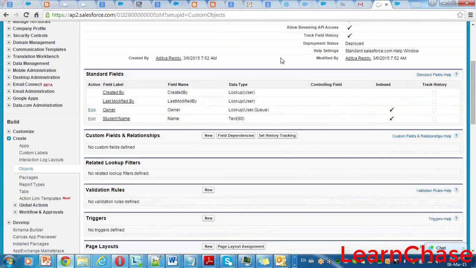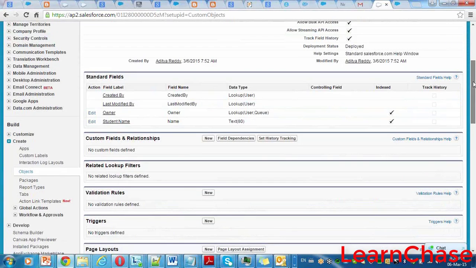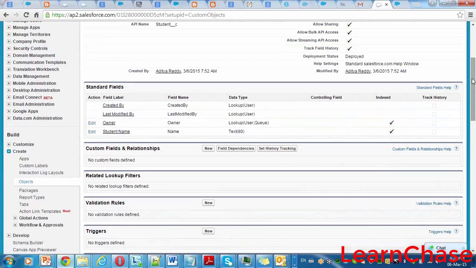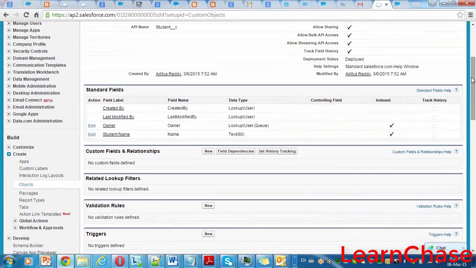You're clear, right? Because the voice is very high. I don't have space outside. That's not a problem. If you are able to understand me, that's fine for me. I don't have any problem. You understood, right? Why we have these standard fields?